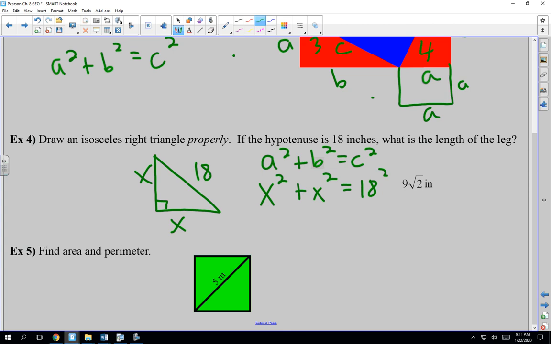And just using some algebra, x squared and x squared are like terms, so I can add them. We have 2x squared, and because we know our perfect squares all the way through 20, I know 18 squared is 324. You guys all knew that. 324. There's a math nerd you guys are. 18, you know 18 squared is 324. Okay, so algebraically speaking, I'm going to divide by 2. So I get x squared equals